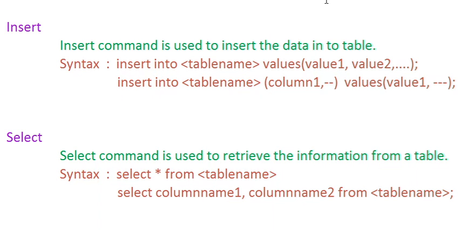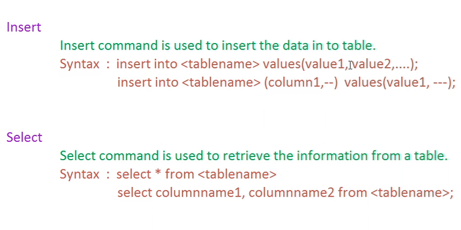The syntax for the insert command is insert into table name, which is a user defined name, values, then you give the corresponding values of the columns present in the table. For example, you create an employee table with the columns employee ID, employee name and address. You want to add one employee record into the table. You can write insert into employee values, where value 1 is the employee ID, comma, value 2 is the employee name, value 3 is the address. Like that you can insert records into the table.